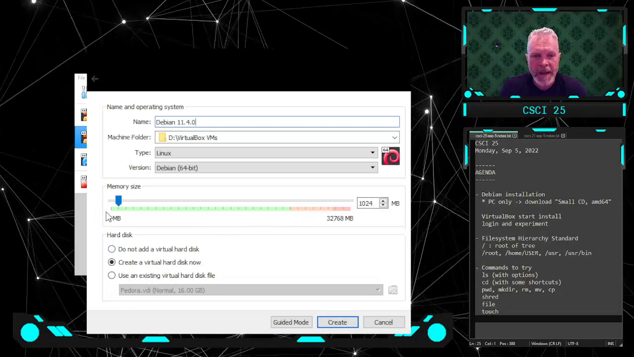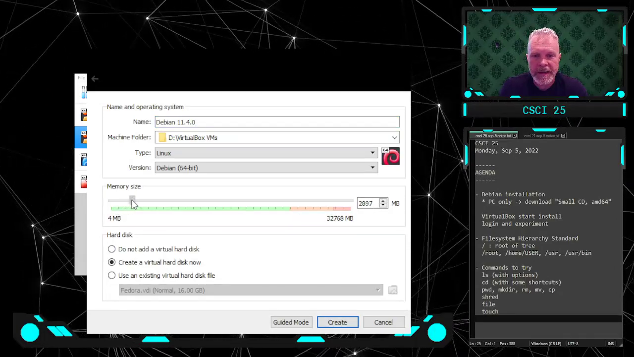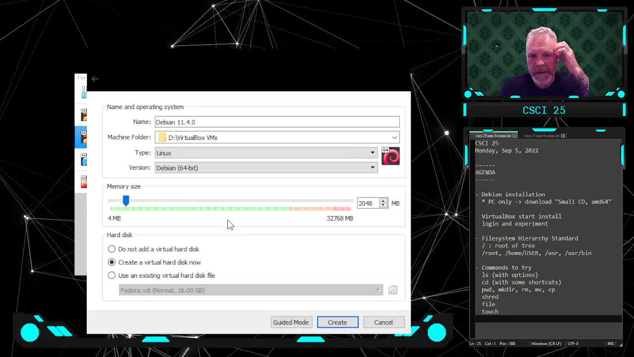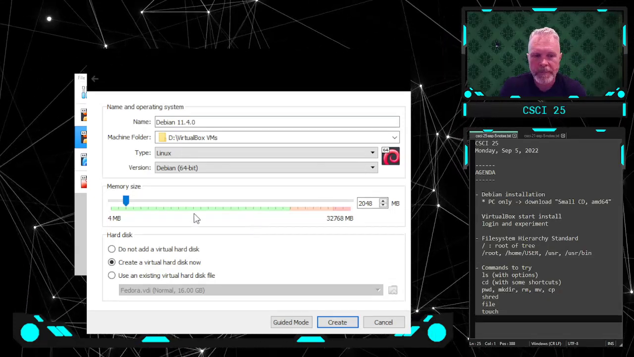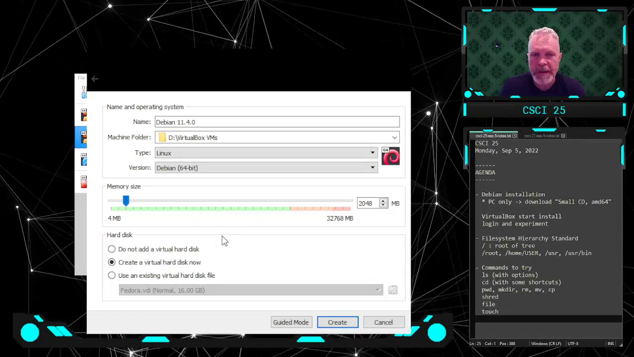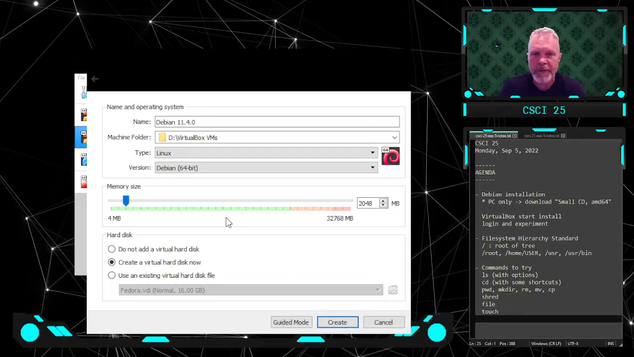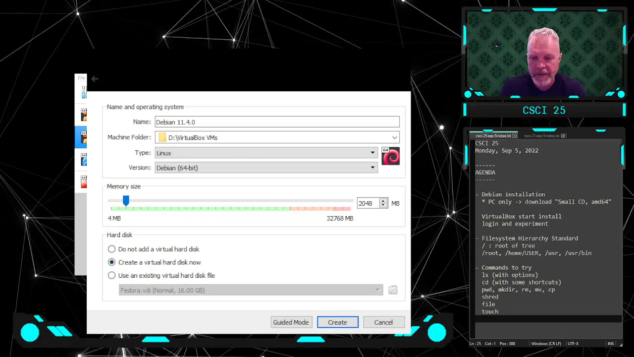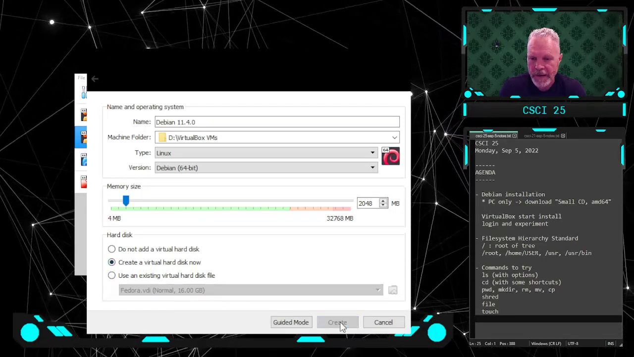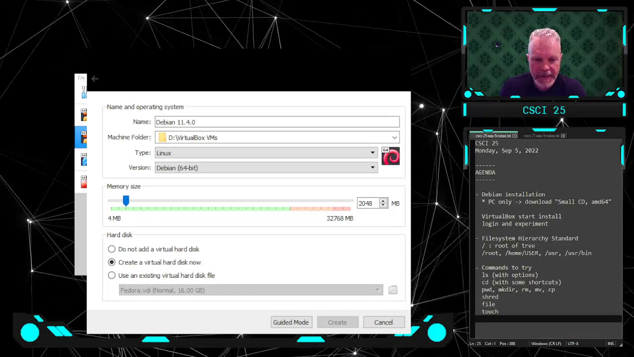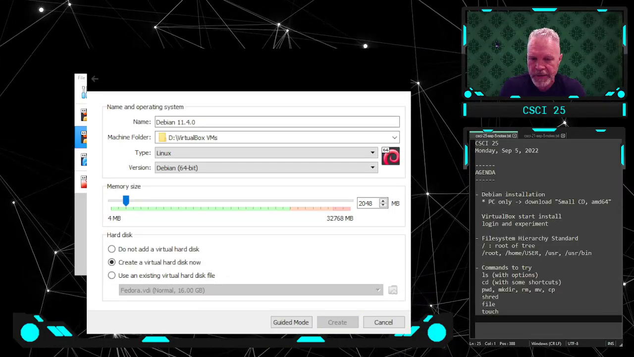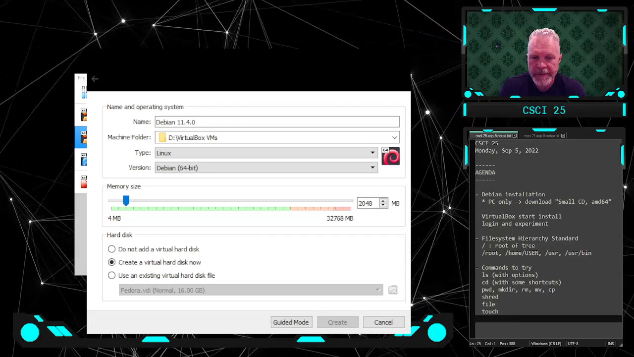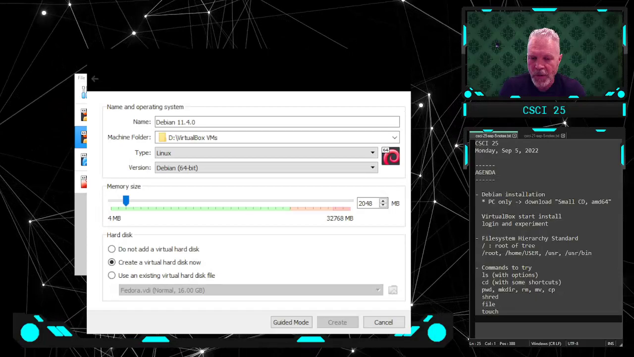I have enough RAM on this system where I can jack it up a little bit. I'm just going to go to 2048 megabytes, which should be adequate for a system that's not going to run graphics, at least not for a very long time. And then I'm going to leave it at create virtual hard disk now. And I'm going to have to keep adding sources so you can see everything that happens. Unfortunately, there's no other way to do this